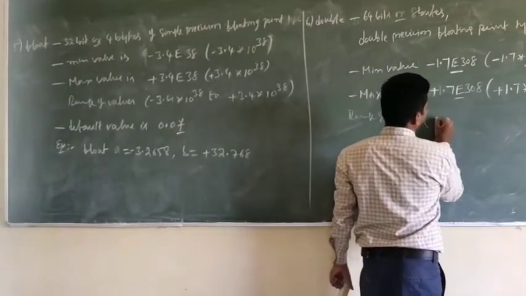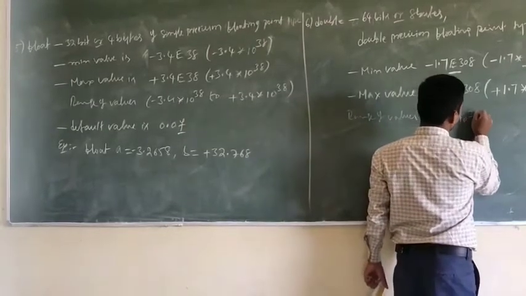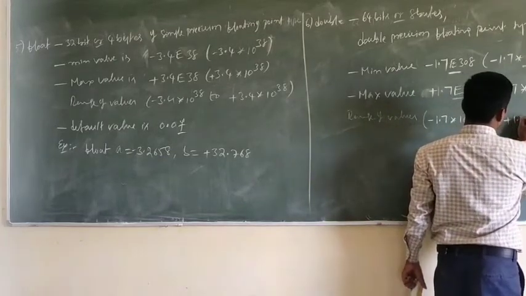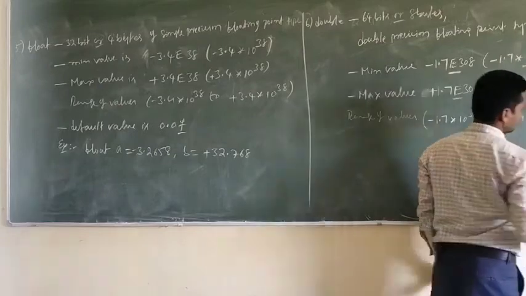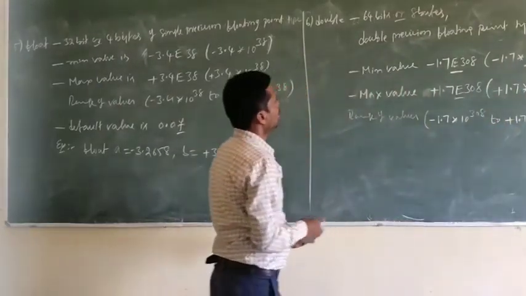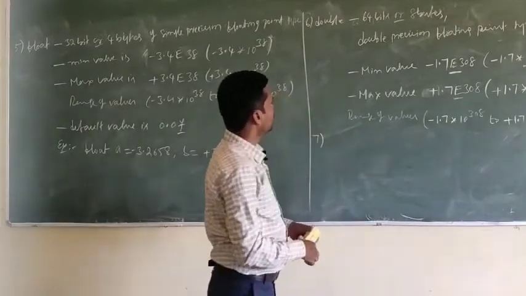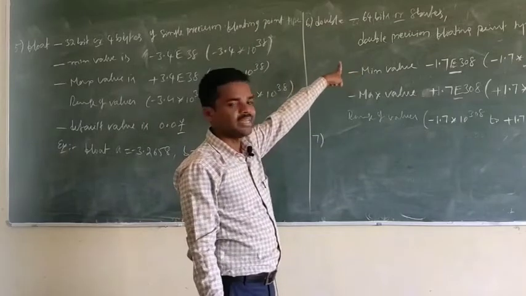Range of values: minus 1.7 into 10 to the power of 308 to plus 1.7 into 10 to the power of 308. Understood? This is the double. Next, seventh one. Understood? Double is the size of double 64 bits or 8 bytes, and it is a double